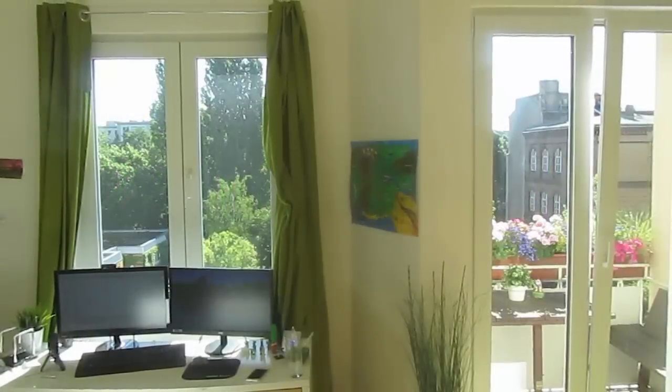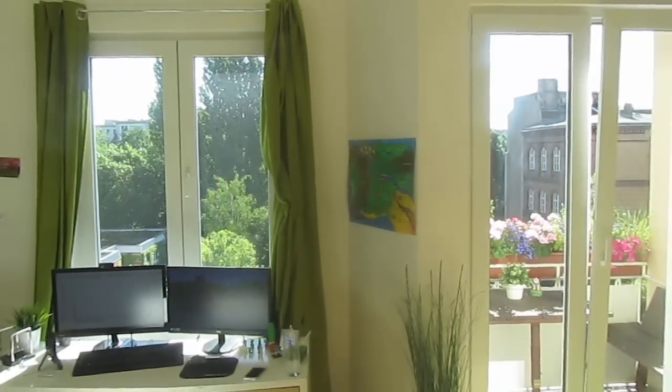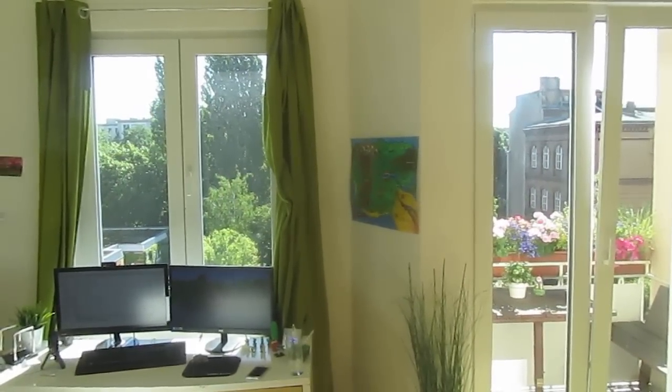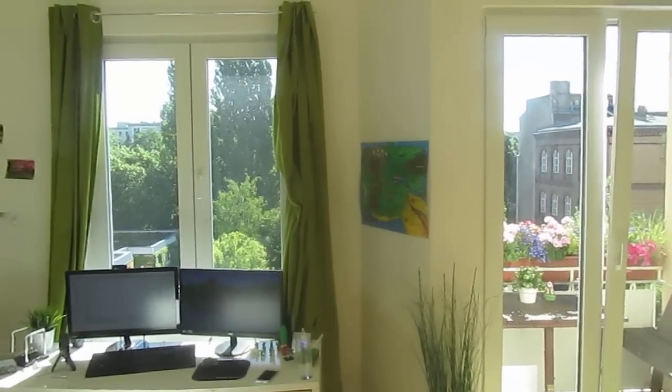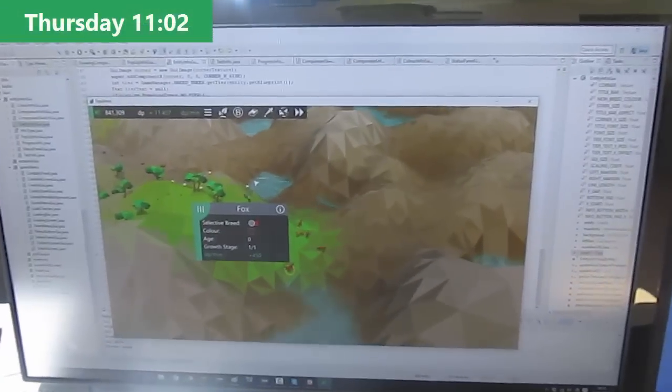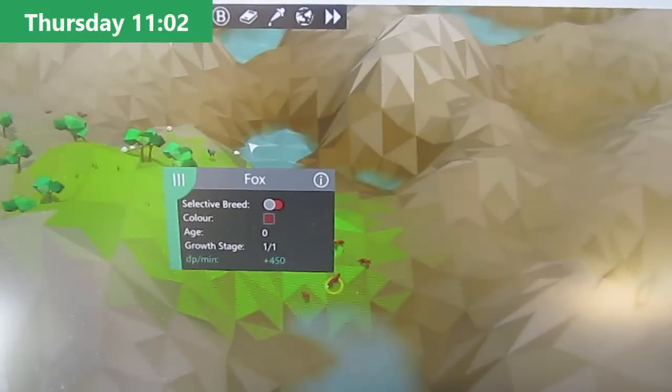But apart from that, I haven't really made any new progress on the game this week so far, which is a bit annoying, but hopefully I can change that today and finish off the week with a couple of good days of development. First up today, I've been redoing a lot of the code for the entity pop-up GUIs, and